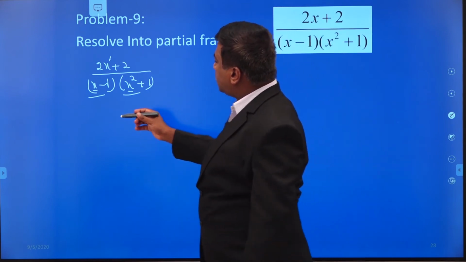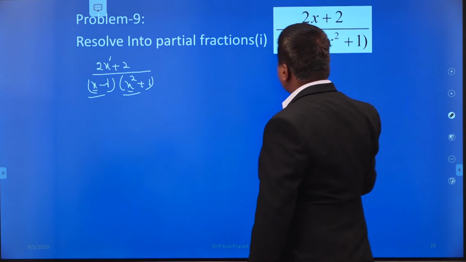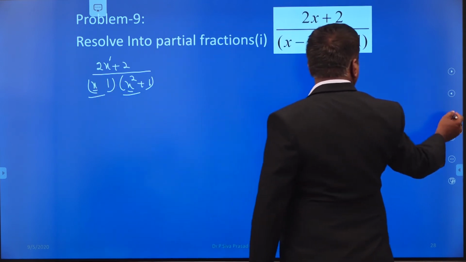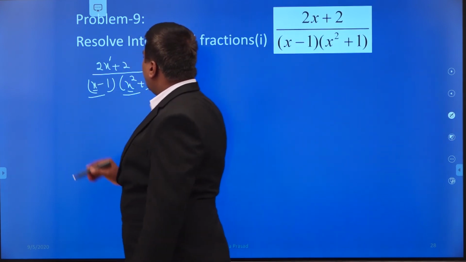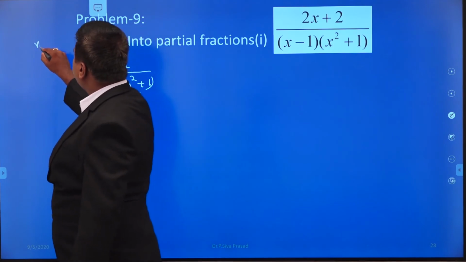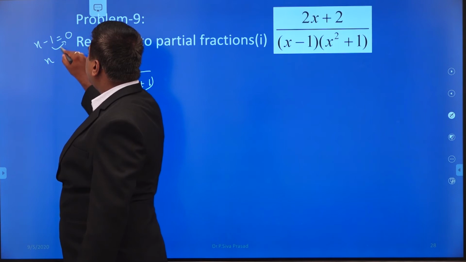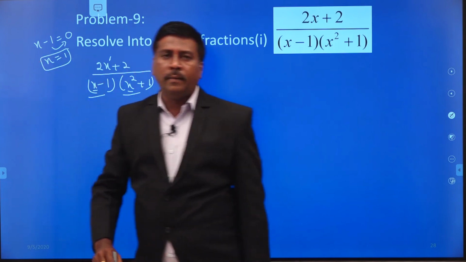Please all of you observe this, and this is x minus 1. X minus 1 is called a linear factor. X minus 1 is called the linear factor. Why? Because you have to say that x minus 1 is the linear factor. Put x minus 1 equal to 0. Then you bring this 1 into the right hand side. Then automatically you will get the value x equal to 1.